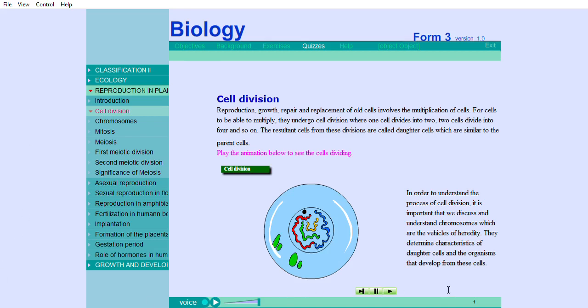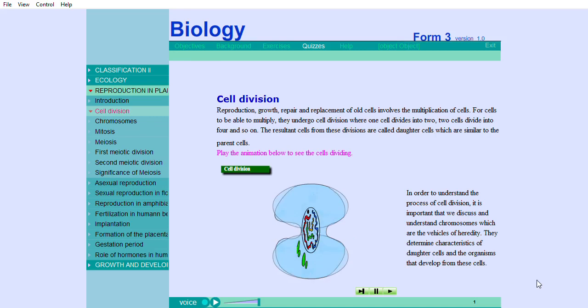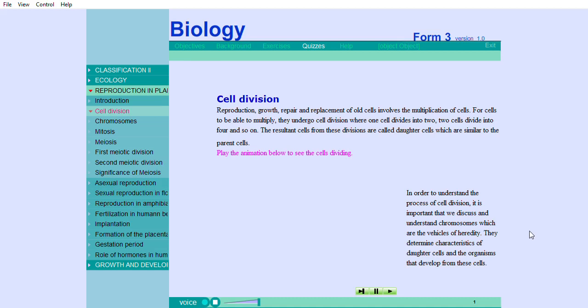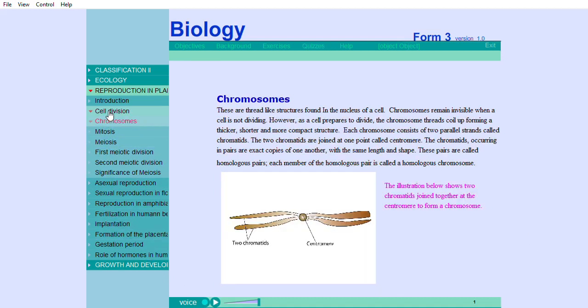In order to understand the process of cell division, it is important that we discuss and understand chromosomes, which are the vehicles of heredity. They determine characteristics of daughter cells and the organisms that develop from these cells. Chromosomes. These are thread-like structures found in the nucleus of a cell. Chromosomes remain invisible when a cell